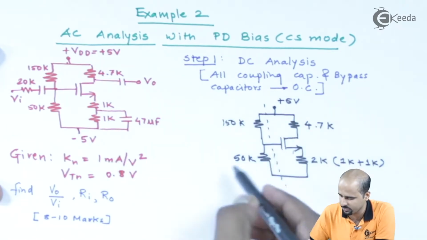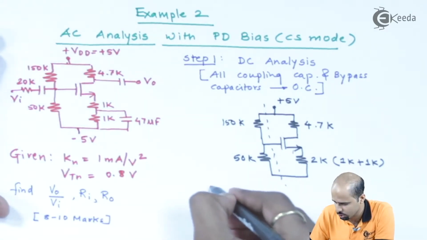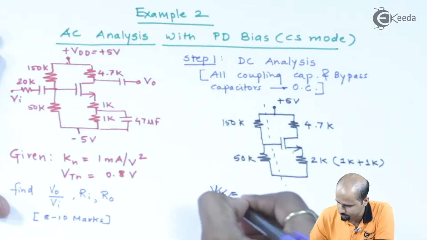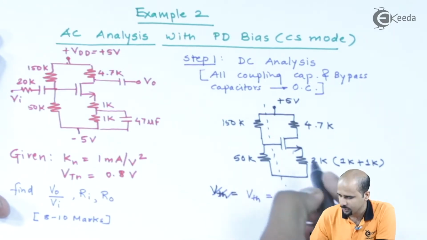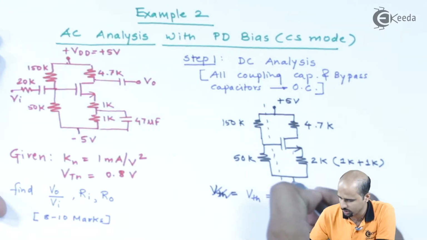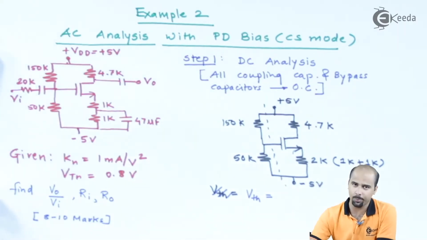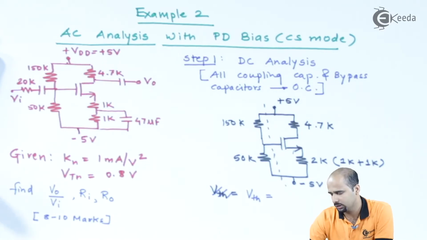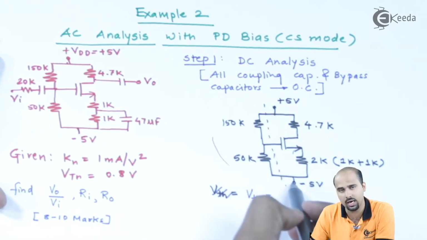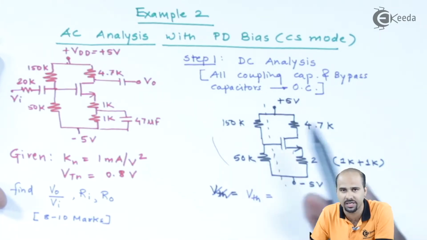So if we simplify with Thevenin's theorem, we will come across two parameters, one is VTH, one is RTH, right? So we will calculate the value of VTH. VTH is nothing but, here obviously we have to draw the voltage source of minus 5 volt. Okay, so when you are incorporating this VTH, you have to consider the fact that 5 volts plus 5 volts over here, right? So 5 minus of minus 5, that becomes plus.